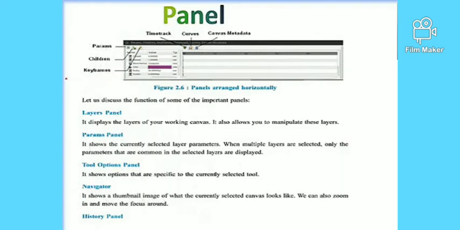Panels arranged horizontally are also discussed here. The functions of some of the important panels: you can see the layer panel, params panel, tool options panel, navigator, and history panel. The history panel you will see in the next slide.